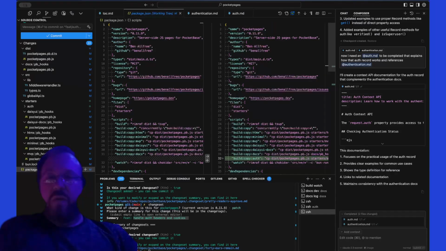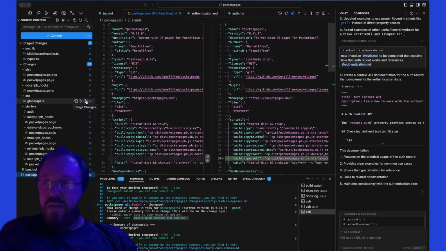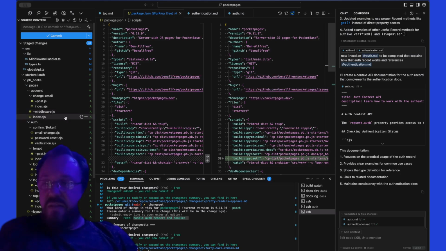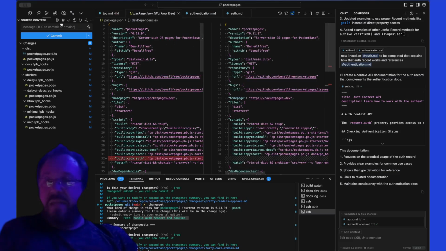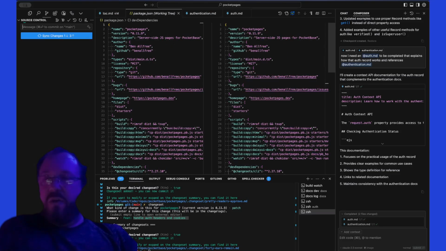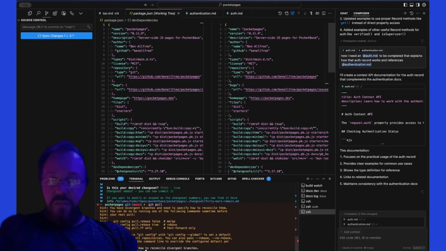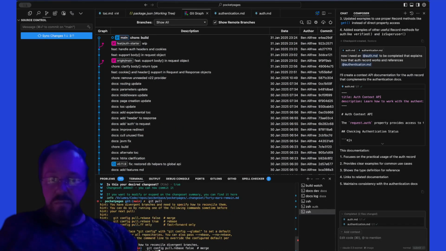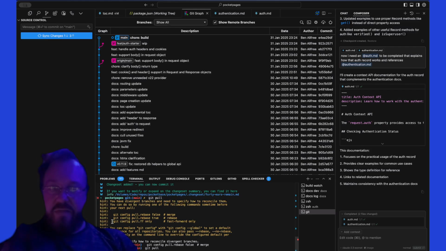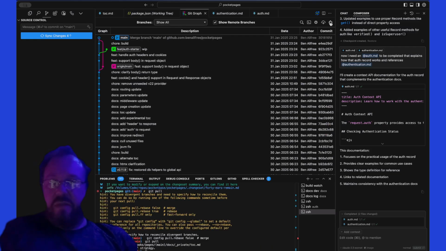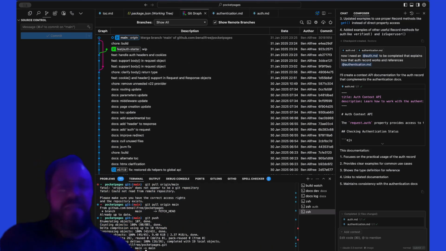There we go. I want to make a new branch for all this auth starter stuff. All the starter kit stuff. And we'll just whip this. Now I can go back to main and do a build chore, and I can push all this stuff up. You have divergent branches. How? I don't understand how I have divergent branches. Like, from where? It took me all that time just to clean up PocketPages enough to move forward with the